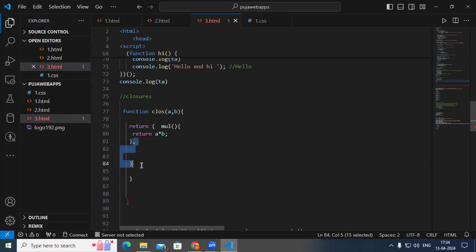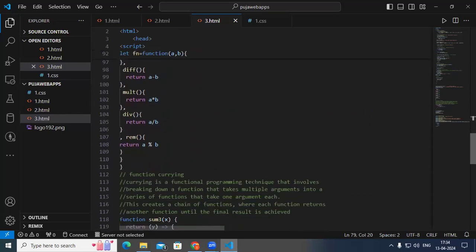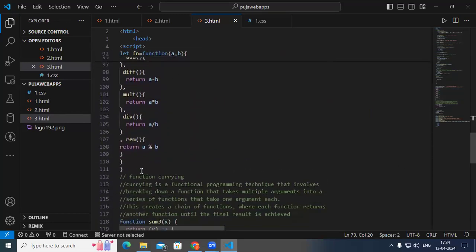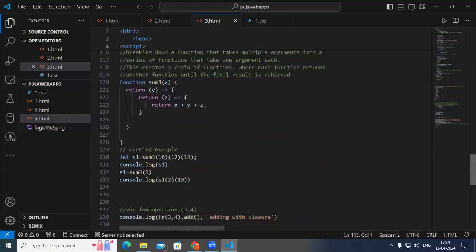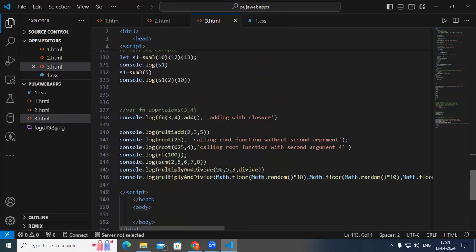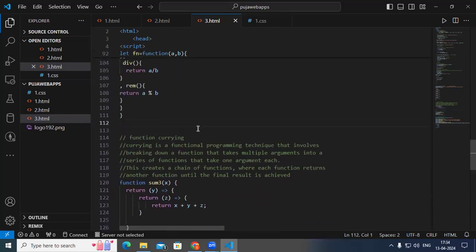So once you go for this closure, inside that you can have multiple functions. Whatever function you want to call, you can call from that. In this example, we have multiple functions here. Let us call rem from this. Somewhere here we are returning that particular thing. So it is basically this one. We go here, then after this, try to call it. This is what getting remainder